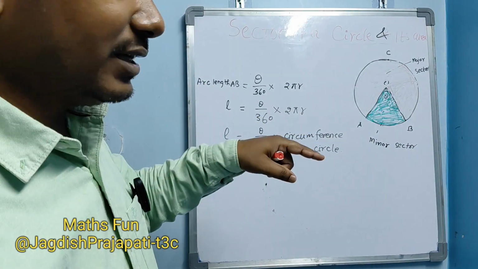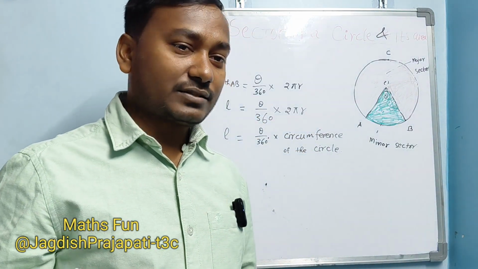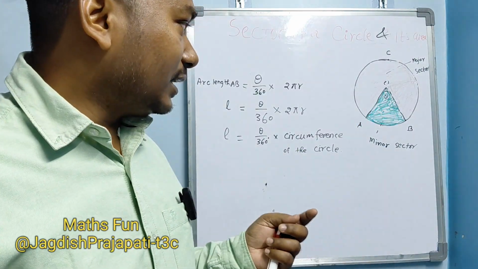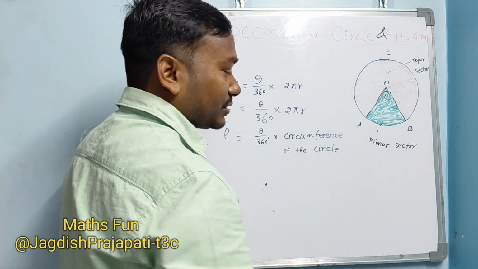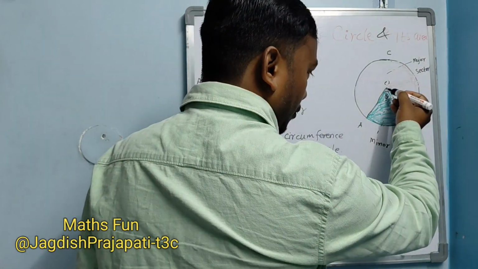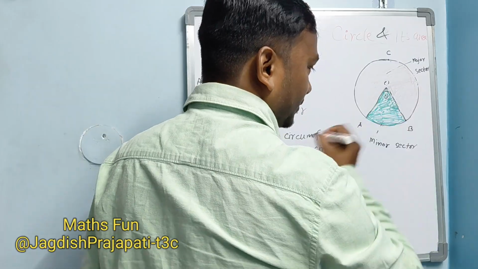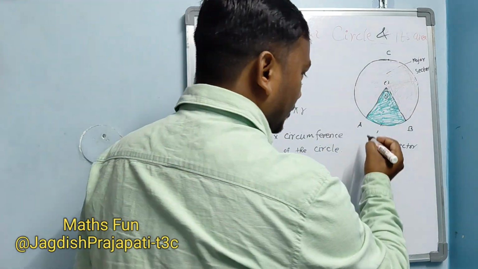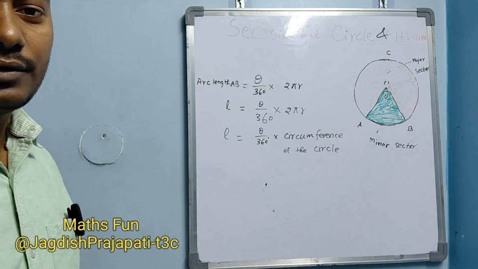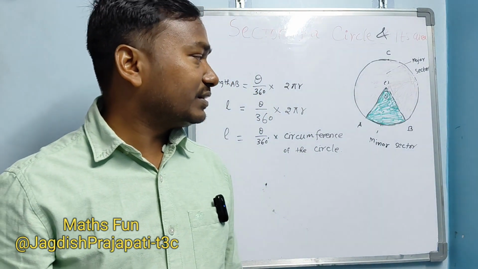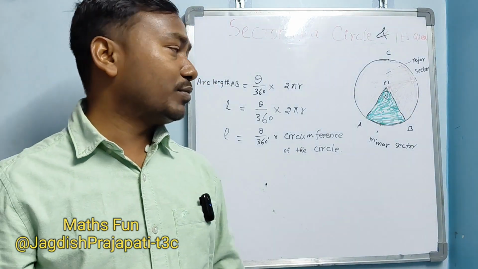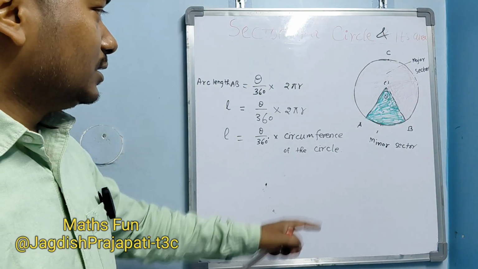So in the same way, we know the area of a circle is pi r square, and therefore the area of the sector will be, now area means this whole complete measurement from here OAB, this complete measurement, and the arc length means only this measurement from here to here. Okay, so now I hope the concept is clear to you. So if it is clear, then we can move to the problem solution.